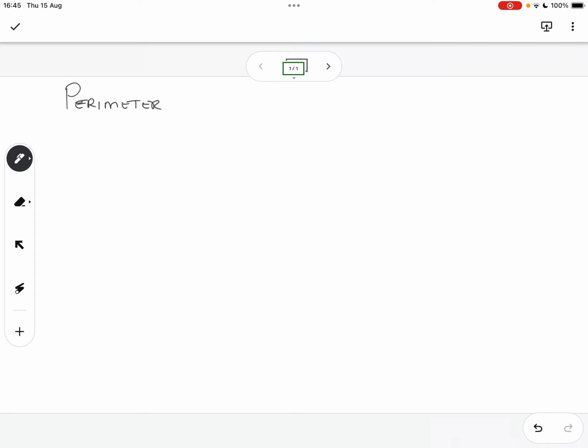Perimeter and area of 2D shapes. All right, so I'll just give my interpretation of what 2D is, né? And I'll start here. So